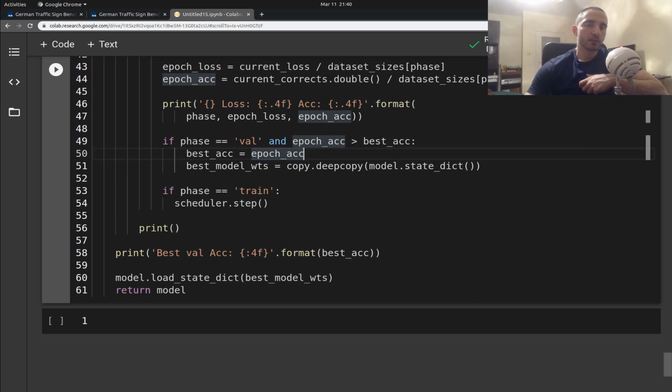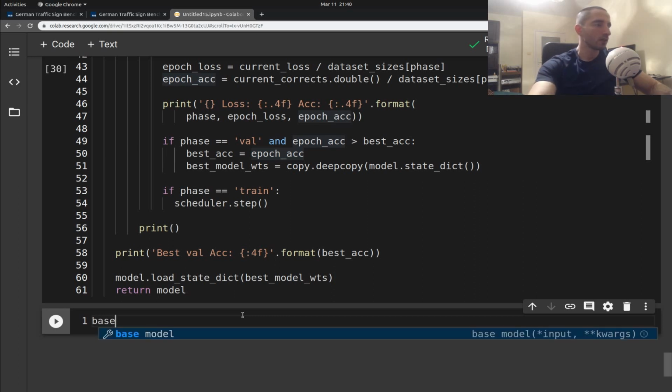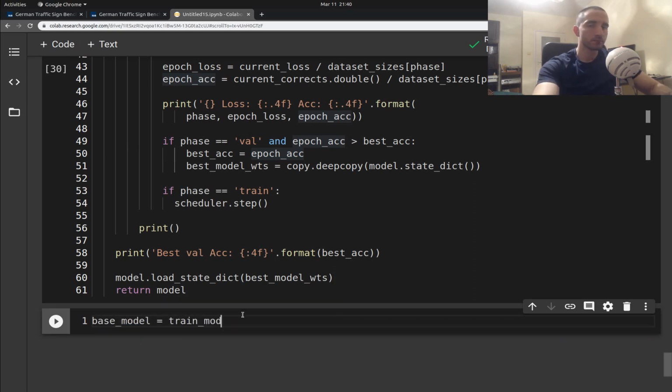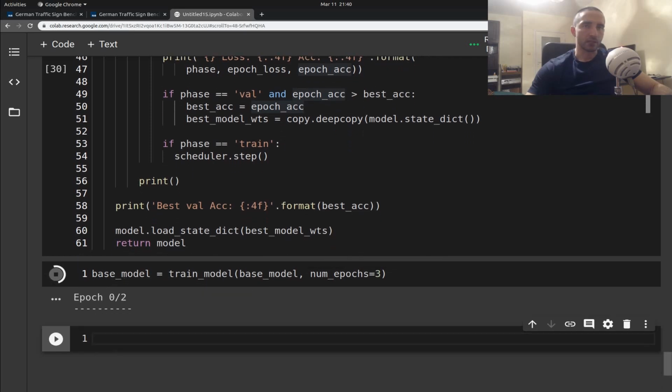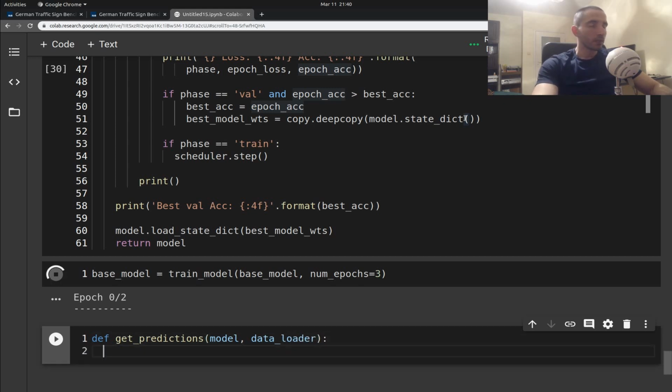The next couple of functions I'm going to just continue with. Let's first try this one. Let's just train the model. And I'm going to say that I want to train it for 3 epochs. So this should take some time. And during this time, I'm going to define these 2 functions. Get predictions. In here, I'm going to